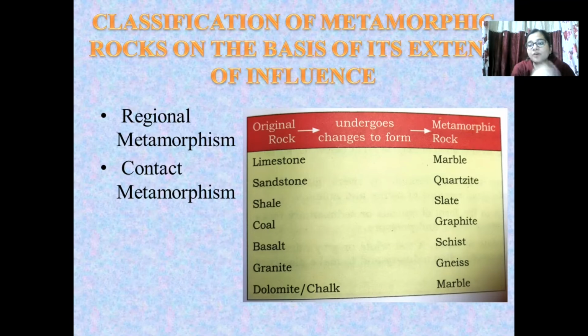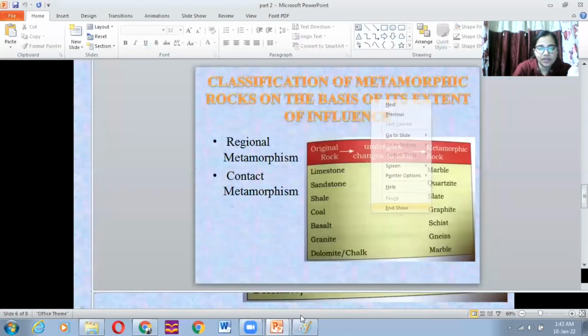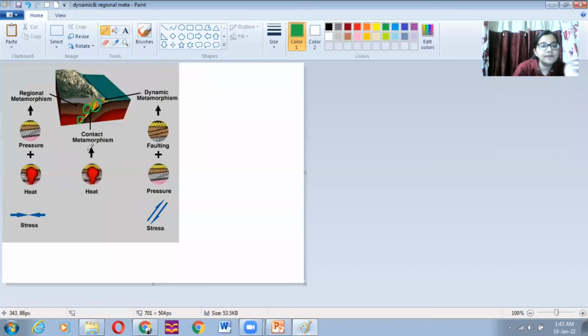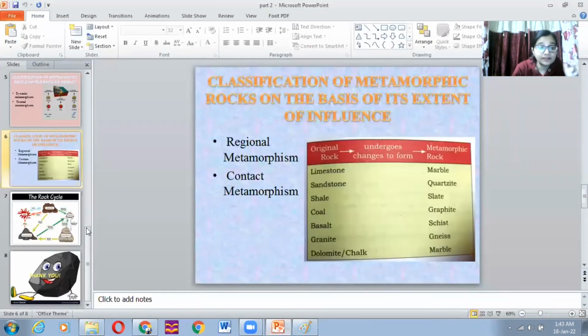is the sedimentary form of marble, the answer will be limestone. मैं एक बार पिक्चर दिखा देती हूँ, शायद आपको समझ में आ जाए। और ये वाला जैसे मैंने बताया रीजनल और कॉन्टैक्ट, यही तो लिखा है कि कॉन्टैक्ट में मतलब सिर्फ कॉन्टैक्ट में आ रहा है तभी थोड़ा हीट आ जाएगा, तो हीट की वजह से जो ऑल्टरिंग होगा वो कॉन्टैक्ट मेटामॉर्फिज्म है। Whereas हीट प्रेशर दोनों चीज की वजह से जो लार्ज एरिया में ऑल्टर होगा उसे हम रीजनल मेटामॉर्फिज्म बोलते हैं, ठीक है। I hope this is clear.